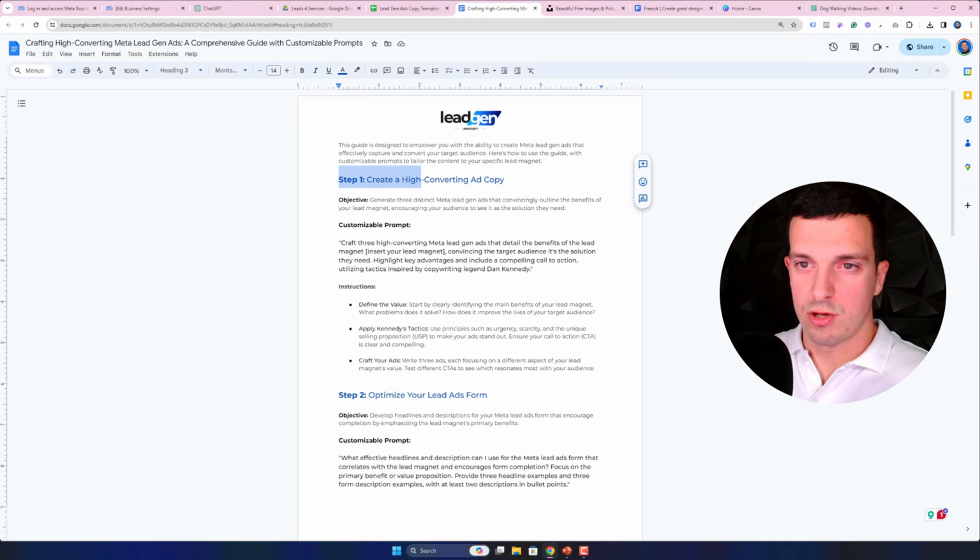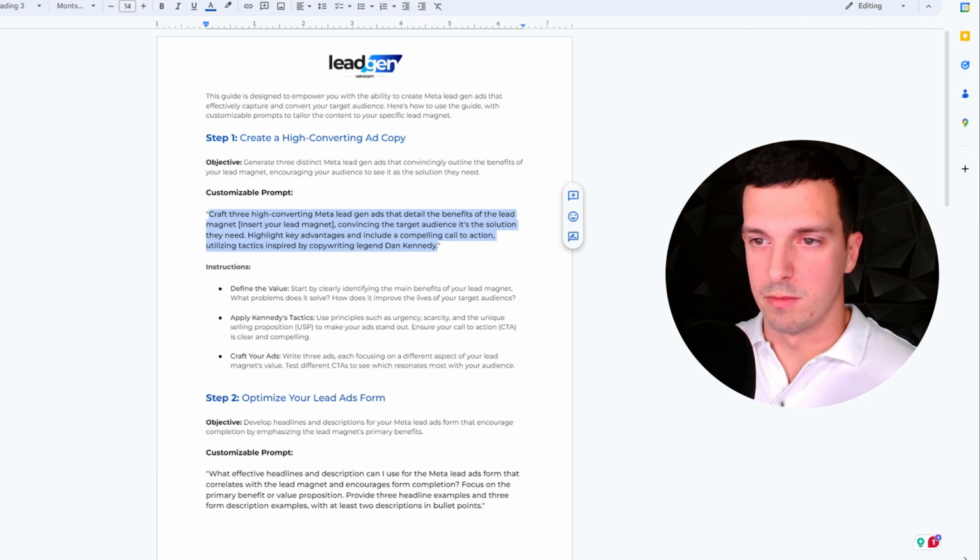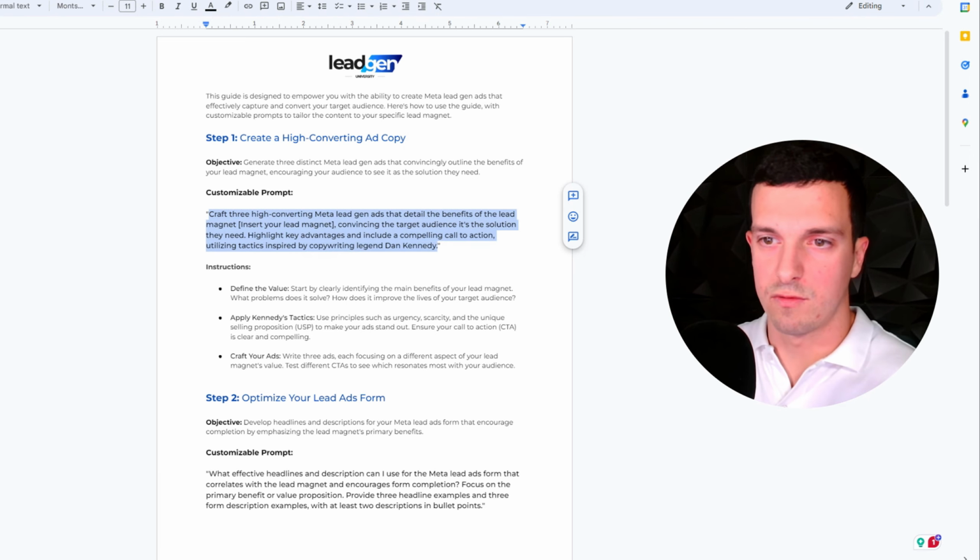So first step is crafting a high converting ad copy. This is the customizable prompt. Craft 3 high converting Meta lead gen ads that detail the benefits of the lead magnet. And this is a placeholder where we just insert the lead magnet that we picked, convincing the target audience it's the solution they need. Highlight key advantages and include compelling call to action, utilizing tactics inspired by copywriter legend Dan